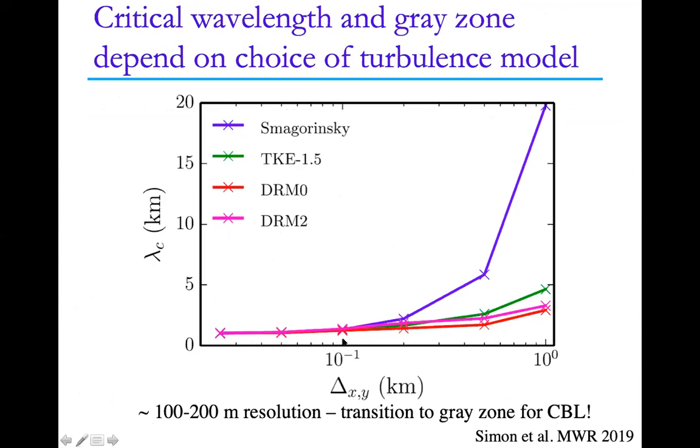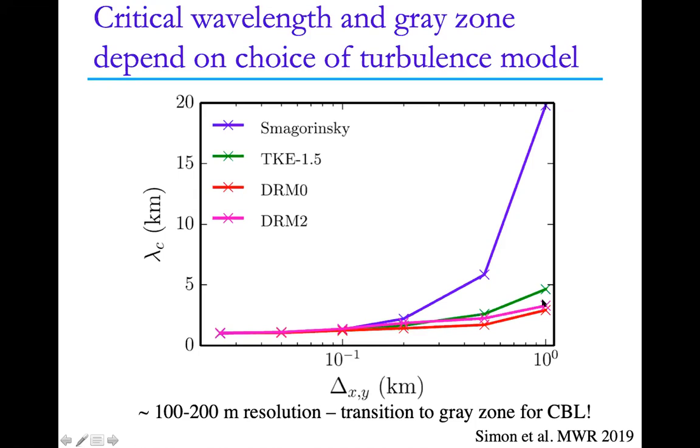And so this is showing here at 0.1 kilometers, so at 100-meter resolution, the critical length scale, which is basically what you're visually seeing as the size of those convective cells, is pretty constant from 25 meters to 50 meters to 100. But then as we go to coarser resolution from there, we see a big difference in the results depending on the closure model. And Smagorinsky is the one that deviates the most. The size of those cells becomes really, really large as we approach 1 kilometer resolution over here.